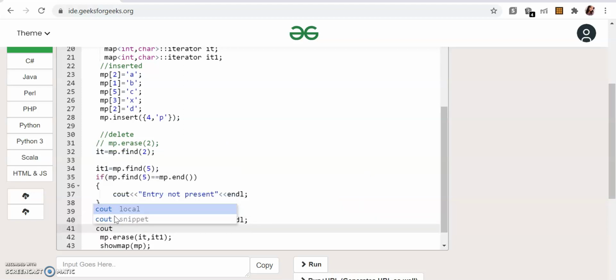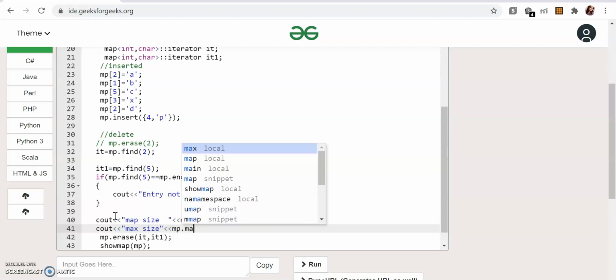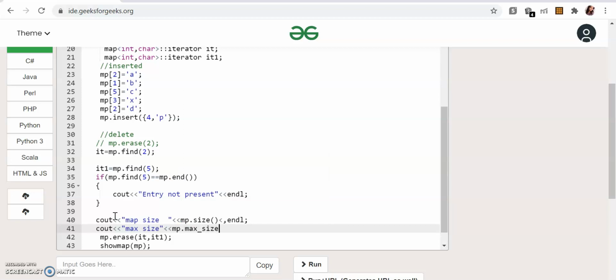All the functions will be used in the same fashion, that is mp, whatever the name is, then the function, and if you need to pass any parameter to that, max size.